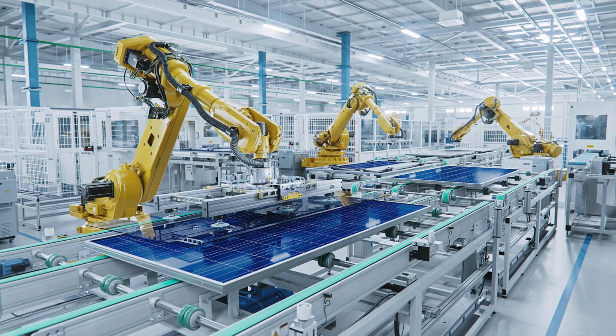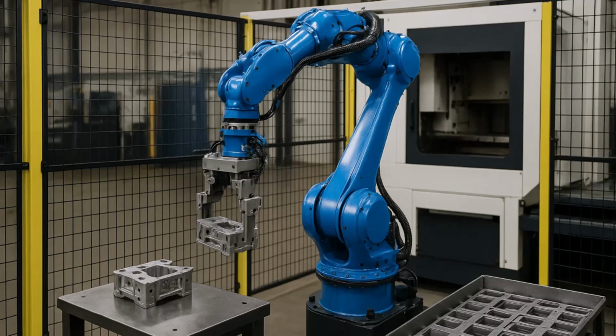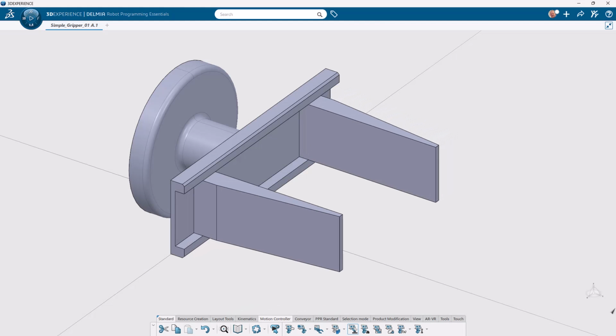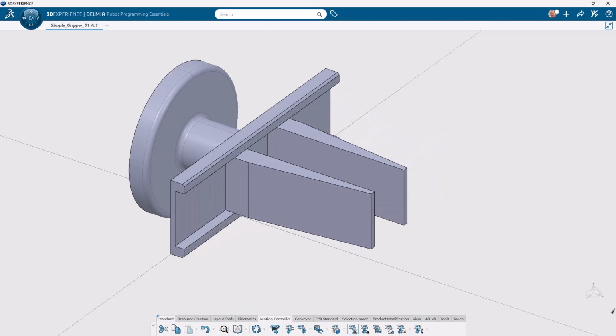Designing and validating robot material handling cells can be challenging, as it requires selecting the right gripper, which comes in various shapes and sizes. Commercially available grippers, for the most part, are only available in a static CAD model from the supplier. This means that to validate your robot cycle time fully, you need to incorporate the mechanical kinematic movements